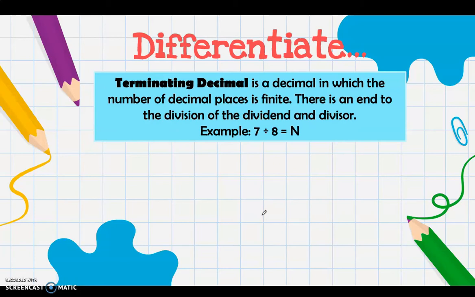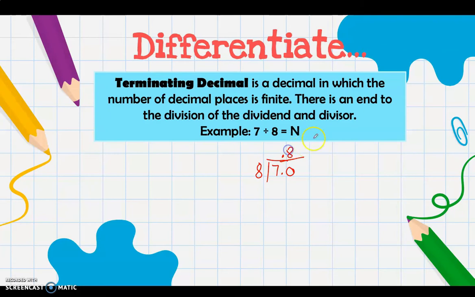We have, for example, 7 divided by 8. So if we're going to divide that, we have 7 divided by 8. This is our dividend and the divisor. Since we cannot divide 7 by 8, we can put a decimal point and then add 0. Then we can now divide 70 by 8, that is